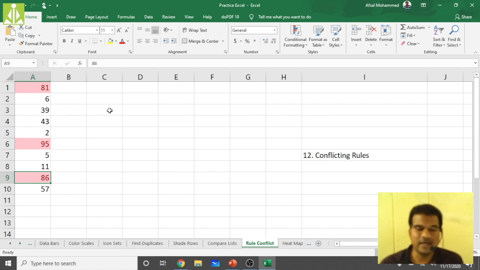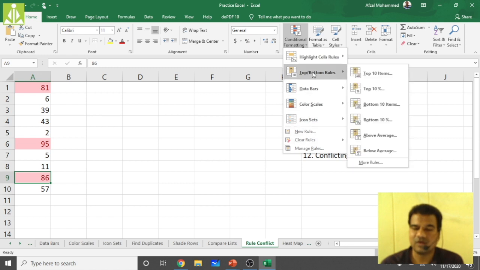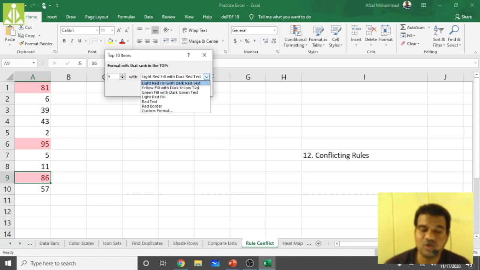So again I am applying one more formula, that is what we call top 5, a top 5 custom rule. Top 5 means top 5 values it will show. I'm taking a different color, because if I take the same color, more confusing stuff will come in front of you.